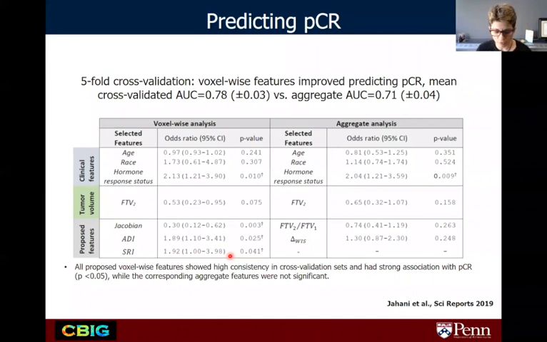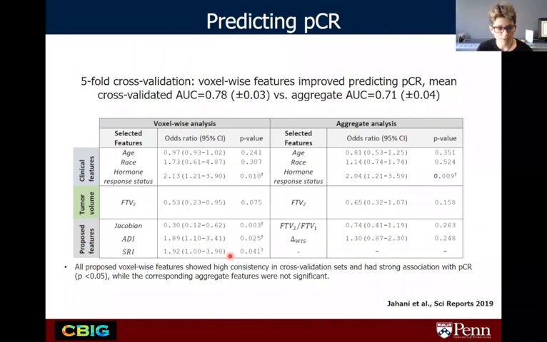And we wanted to look at a few things. First of all, how some of these features that we're extracting can augment the conventional functional tumor volume measurements that have been the gold standard. How the voxel-wise analysis, which in theory should give us more information about heterogeneity, can augment the more aggregate type measurements. So, from averaging a measurement over the entire tumor or over a hotspot, if we have more refined information, can we get more information about heterogeneity? And then if we put all this information together, do we do better at predicting outcomes?